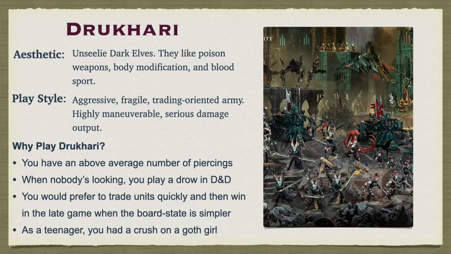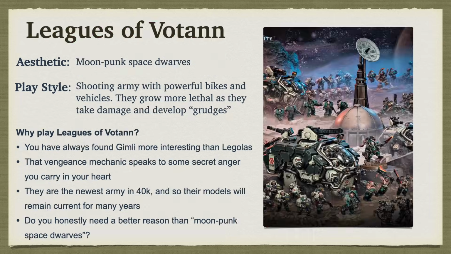If you have an above average number of piercings, or if you play a drow in D&D when nobody is looking, or if you had a crush on a goth kid as a teenager, Drukhari might be the army for you. Leagues of Votann. Okay, so if we have high elves and we have dark elves,